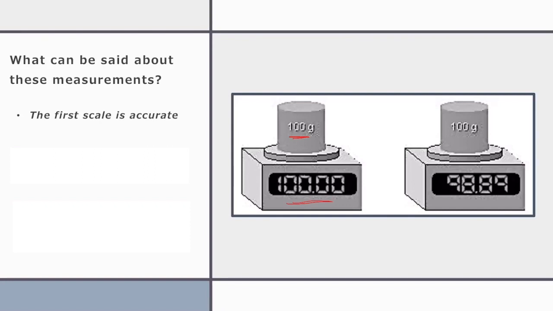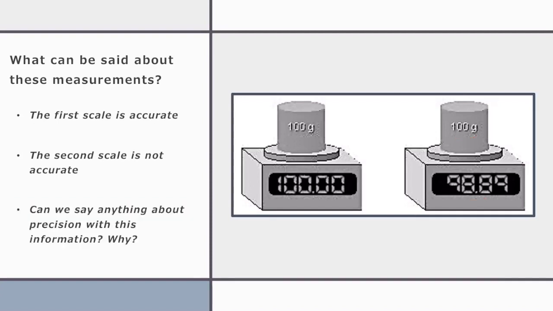As far as accuracy goes for the second scale, though, we would be able to say that's not accurate because we've got that 100 gram standard up there and it's reading 98.89. So that would be not accurate. But think about this for a second. Can we say anything about precision with these measurements here? And I'm going to say no, we can't,